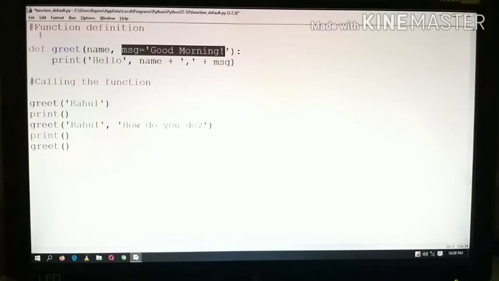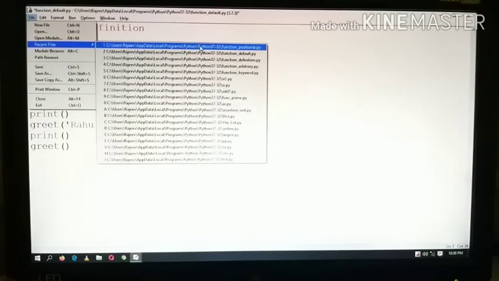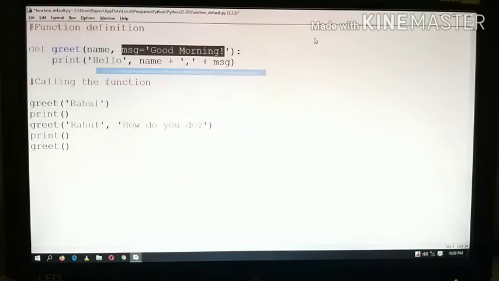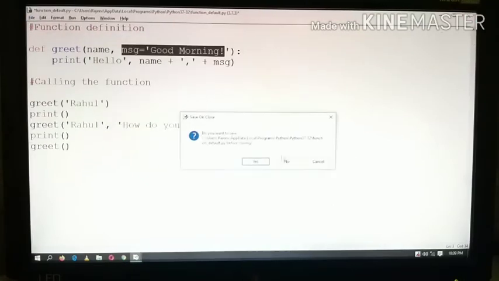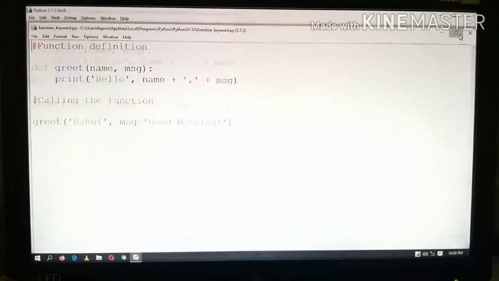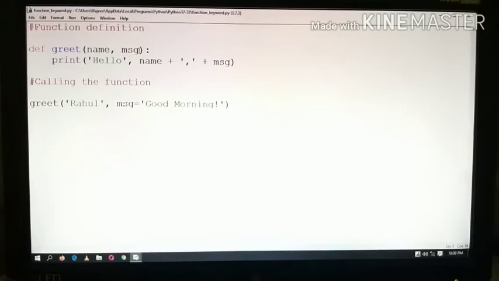Now in the next one, Python allows functions to be called using keyword arguments. We can call the function using keyword arguments also.